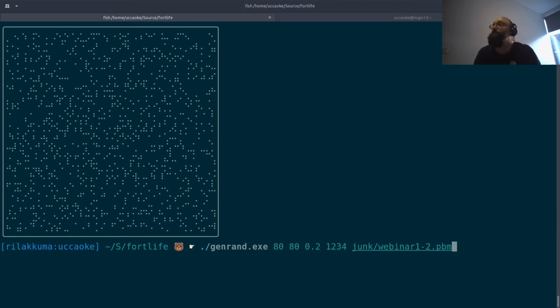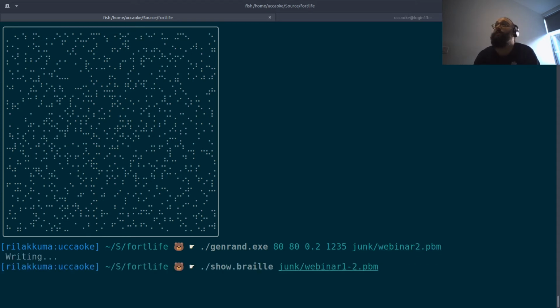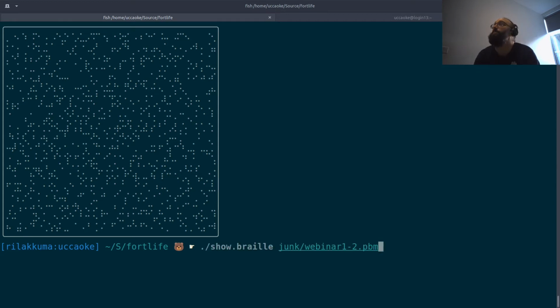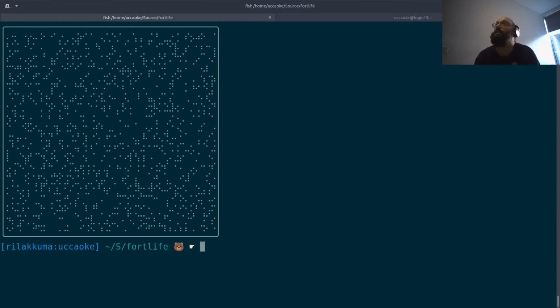So what happens if we change the seed? So let's add 1 to the seed, just to prove we get a different image. And then if we show that, oops, what did I do wrong there? I showed the wrong image. Let's show 2. We see it's a different image,